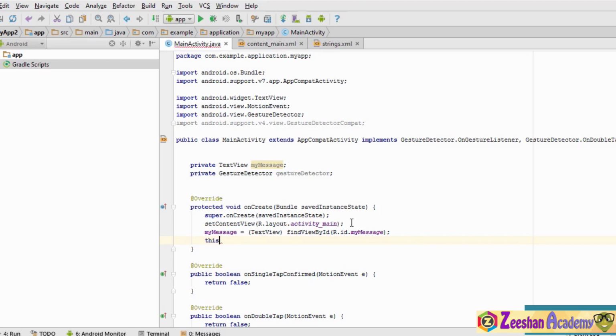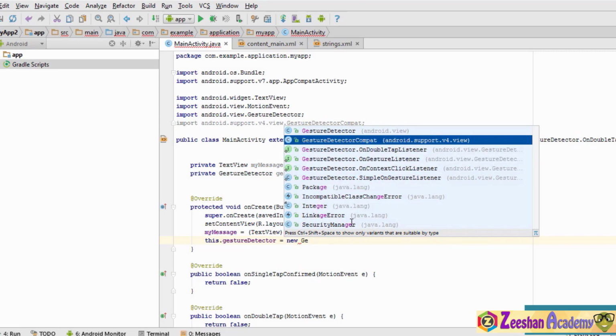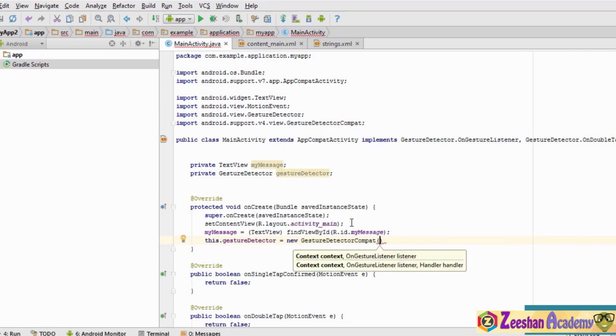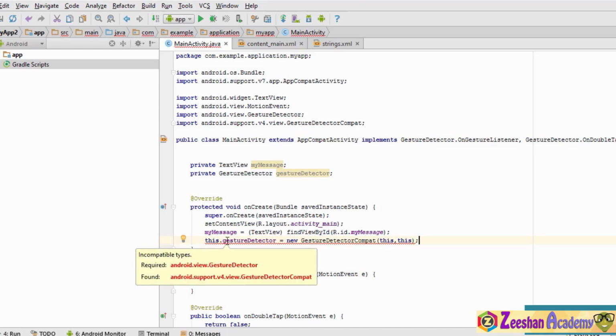So we type this dot gesture detector equals new gesture detector compat, and inside the parameters we are going to specify this and this. So if you don't understand why the keyword this is used, the main significance of using the this keyword is that this refers to the current object which we are working on.